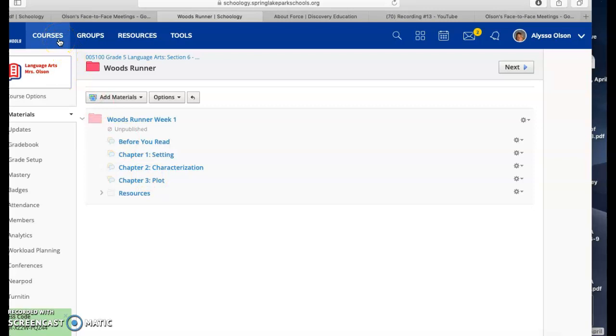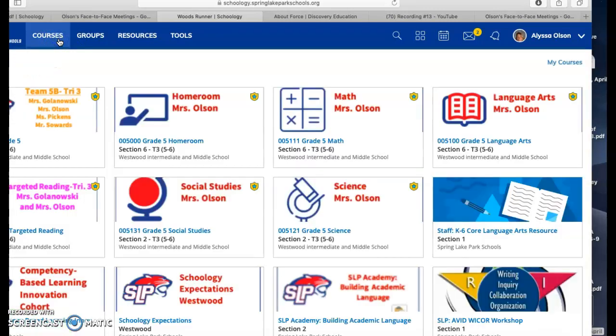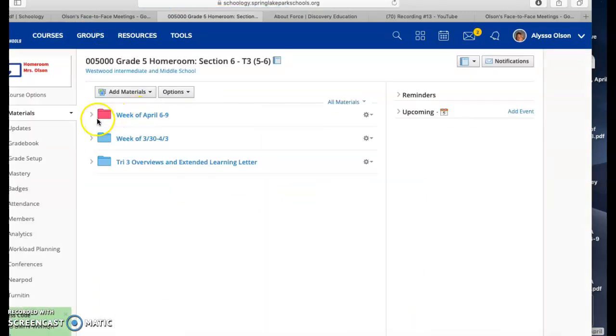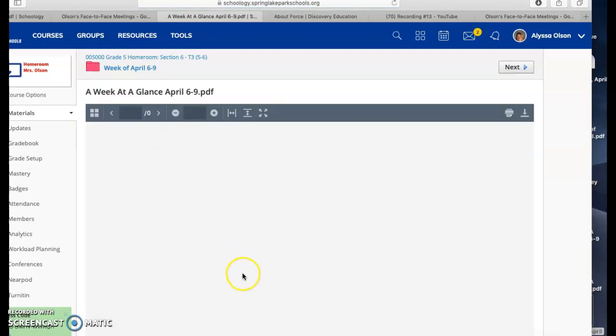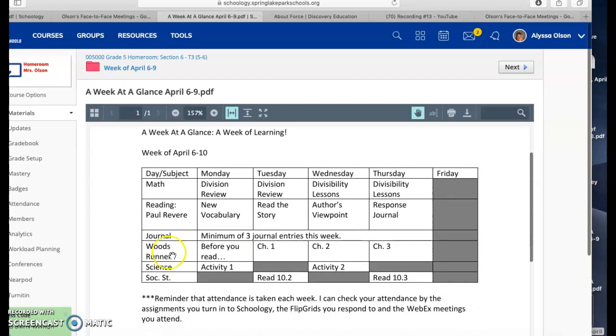If you're wondering how am I supposed to know that, Mrs. Olson? Remember I told you in the homeroom course, I have that week at a glance. Let's take a peek at that again. This is a good reference of what's happening this week. You can see Woods Runner. I'm not doing that until